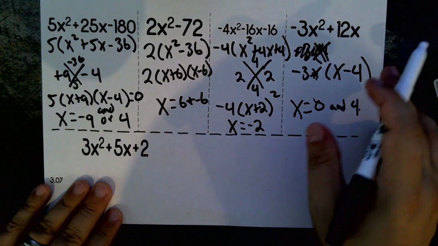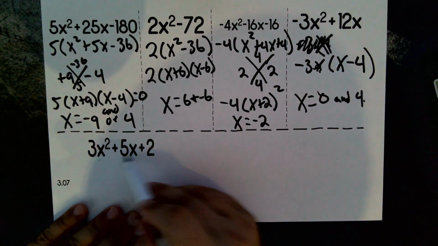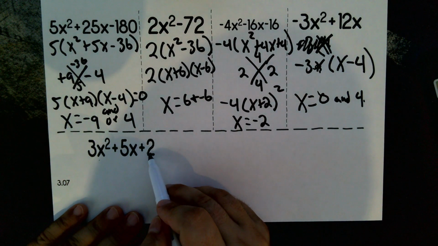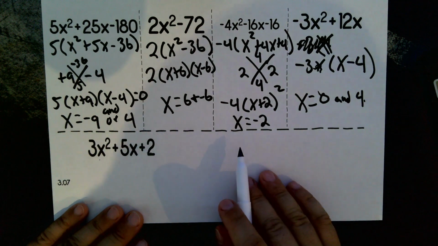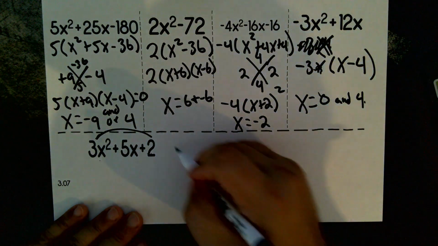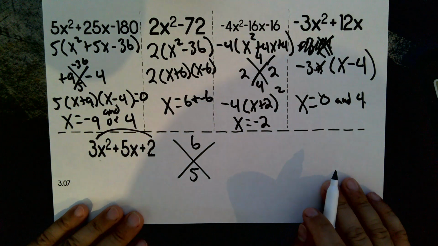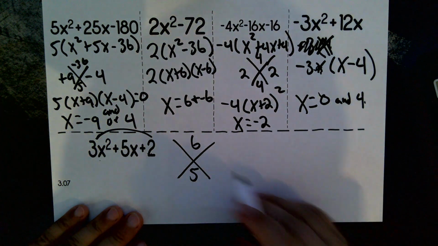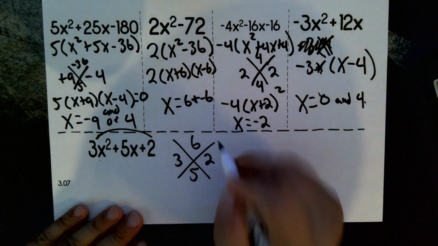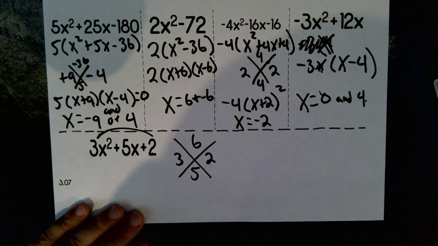And now our last equation. A is not 1 here. There's no way to factor out the 3 because 3 can't go into 2 and become a whole number. So we do the slip and slide. We do 3 times 2, which is 6. What can I multiply to 6 to add to 5? That's 3 and 2. Divide both of the